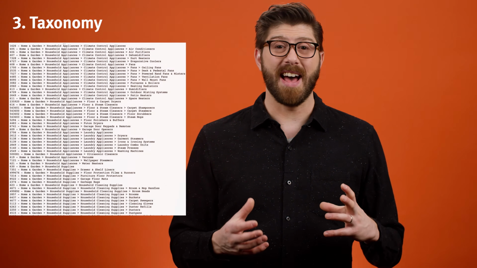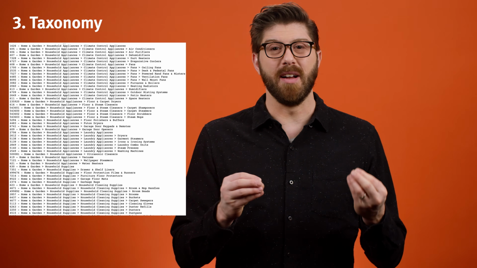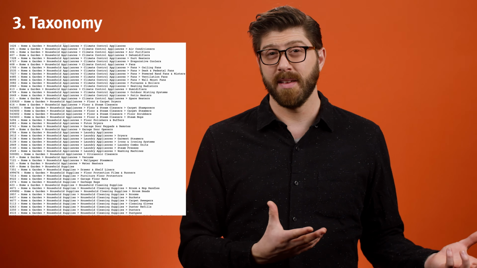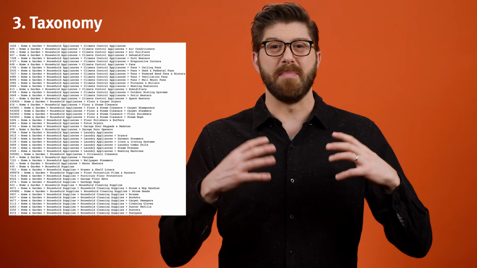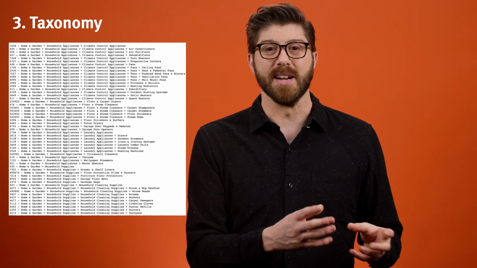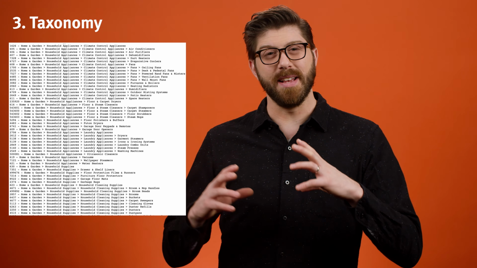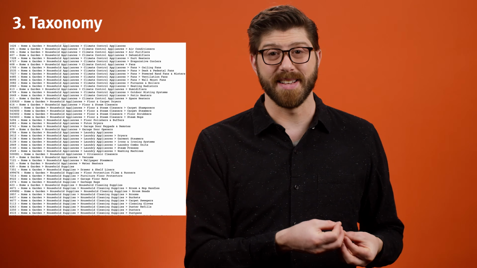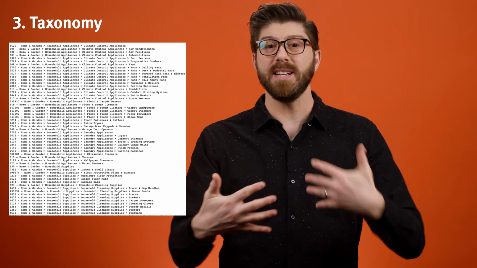Taxonomies are metadata that we use to describe each bit of content and make connections to other content that's similar. Whereas the IA structure is a map of how our content is organized, a taxonomy is really more a map of concepts that we use to describe our content and how all those concepts relate to one another.